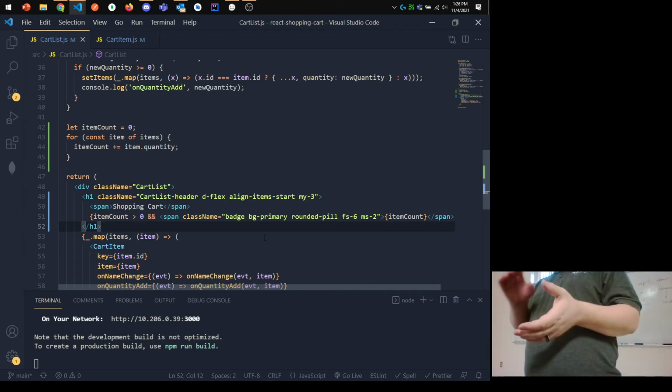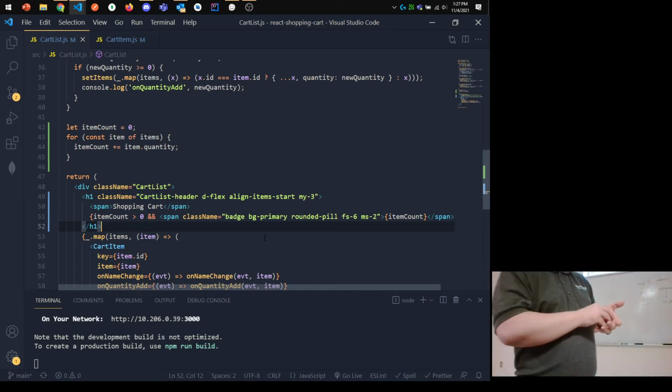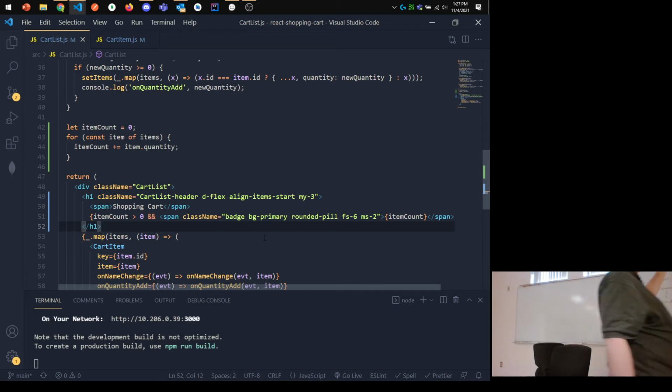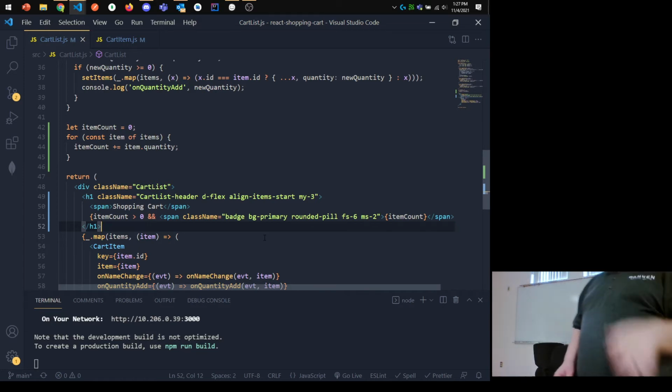Okay. Next up, remember we want to add a button to add elements to the array, right? So we don't have that yet. So where I want to add that is kind of between the header and between the list of items. Now, to keep things organized, I'm going to add some additional divs in here. That's strictly for the purpose of, for instance, a button is an inline element. It's not really a block. So I want to block things out a little bit, which means I'm going to wrap a div